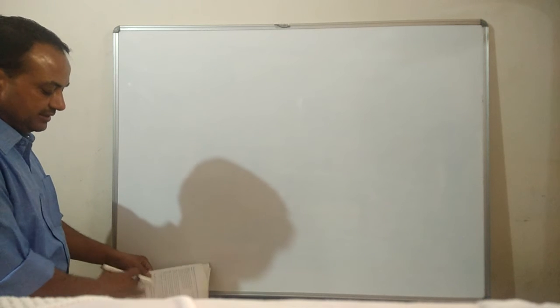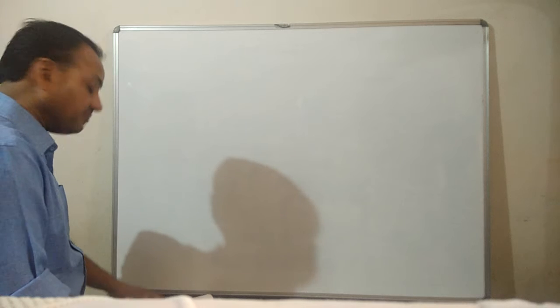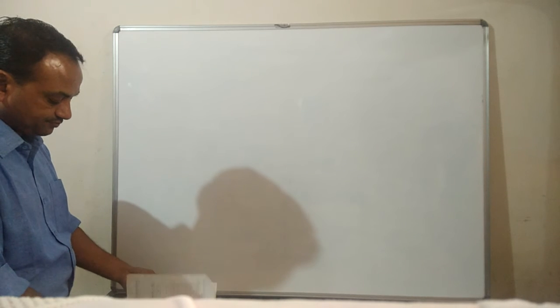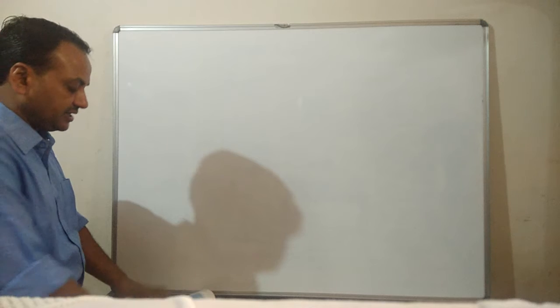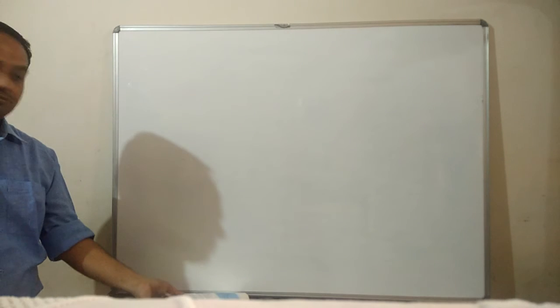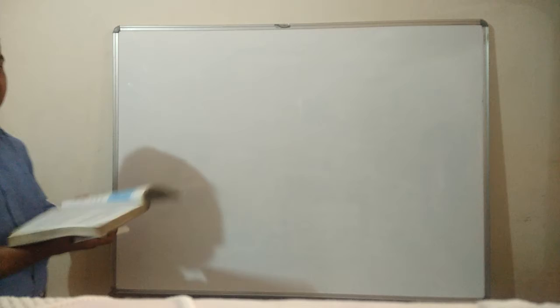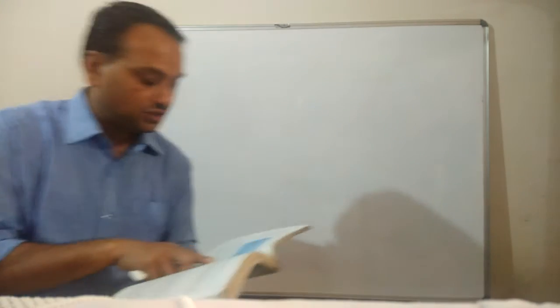Our pattern will be like that: after all the introduction, we will start the exercise questions. Okay. So we will start the first exercise. In this one, we have to represent the equation on the paper, meaning we have to represent it graphically and algebraically both. So in exercise 3.1, the first question is there.